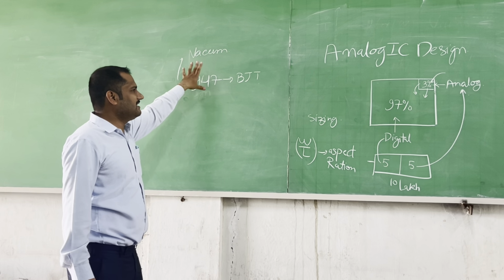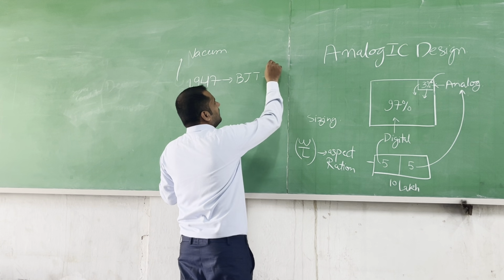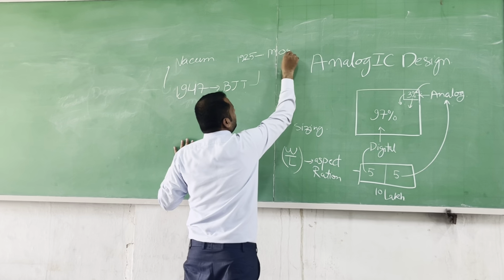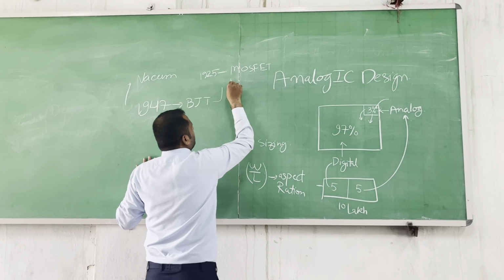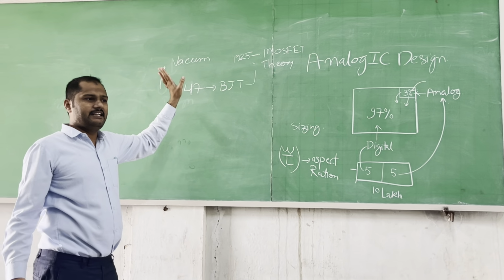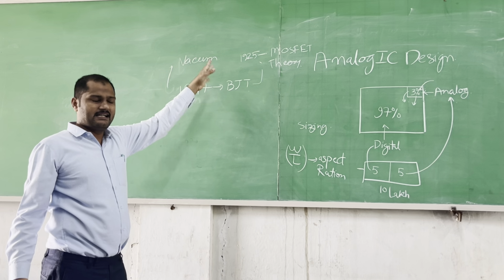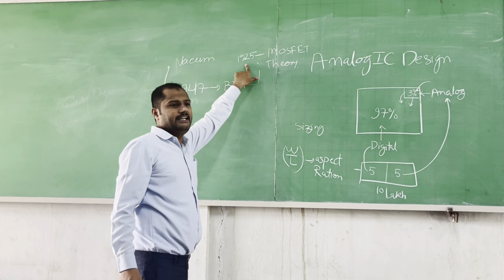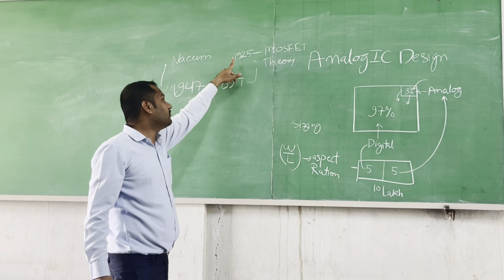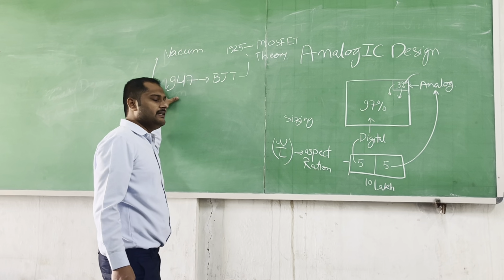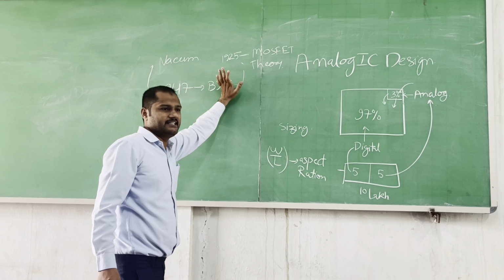And some people say the BJT invention was inspired by the MOSFET itself. In 1925 the MOSFET theory was proposed by the Austro-Hungarian scientist Lilienfeld. Lilienfeld is his name. His country I forgot exactly, but Lilienfeld already proposed the theory. According to some conspiracy theory, while copying the idea of Lilienfeld in Bell Laboratory, they fabricated the BJT, but their intention was to fabricate the MOSFET itself.